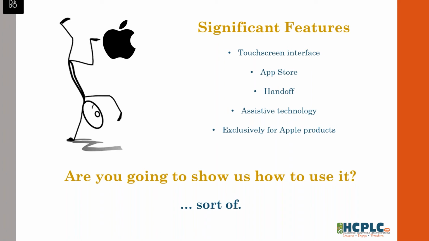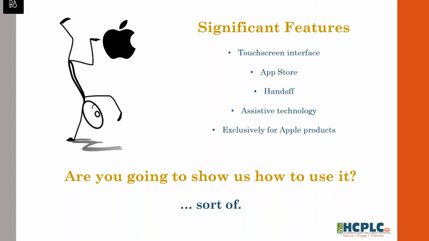The App Store. I'm sure we all remember back when iPhones came out in 2007, the phrase, there's an app for that. Apple really were the first ones on the market with the idea of applications or apps, all those different apps that you can use for whatever you can think of. Now apps have become so ubiquitous in our culture that you don't even think of it. You're like, oh, apps. But this was really groundbreaking when the iPhone first came out, the idea that you could download apps to do tasks.